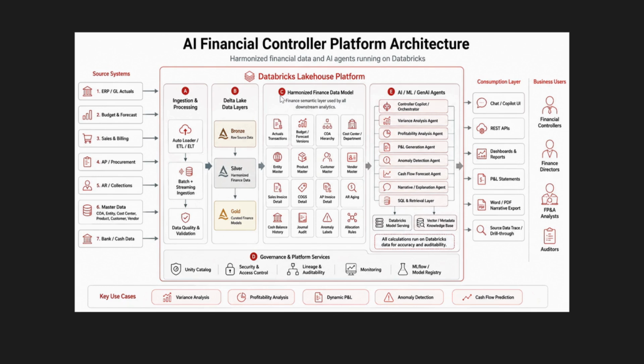So the goal of the product is simple. The product helps financial controllers, financial directors, and mainly all the executive board members to analyze the financial data faster, explain the variances, generate P&L statements, and also detect any anomalies within the ledger. At the same time, it has an AI component and a Gen AI component with cash flow predictions and summarizing all